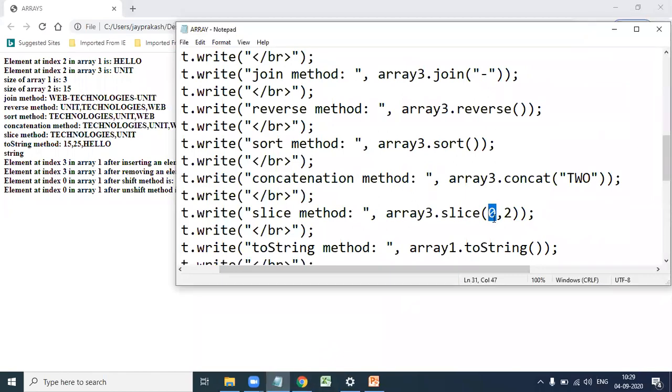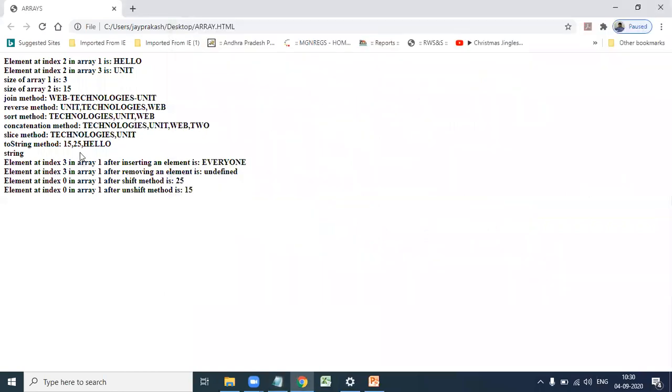So what is the slice method? We retrieve elements from the starting index, that is 0, excluding the ending index, so it prints the elements from index 0 to 1. Index 0 is technologies and index 1 is unit.